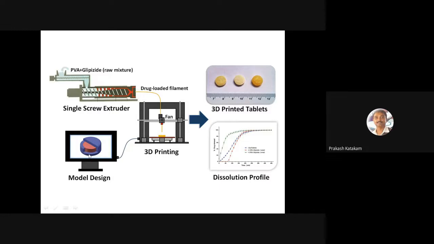So in this model, you can see 3D printing using this design contains a tablet in the tablet. The outer tablet will release the drug very fast, and the inside tablet will release the drug slowly. So you can have this kind of release pattern. You can see in the picture the dissolution profile, where the drug is released fast in the beginning, and later on a sustained release profile is observed. So these are the 3 tablets that they printed. By changing the PVA composition and drug composition, they have printed 3 tablets where you will get these types of drug release profiles.